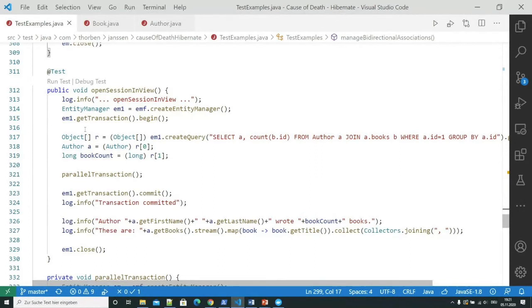You open the Hibernate session in your view layer, then you have the business layer that starts the transaction, performs all the business logic, and then closes the transaction. And when you then return the entity objects to your view layer, you can still initialize associations in that view layer. That has two issues. First of all,